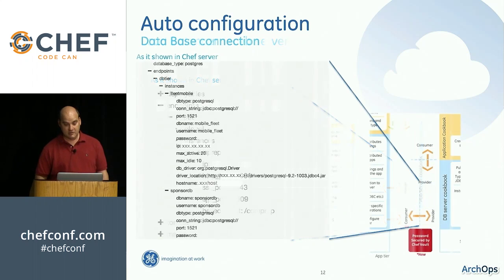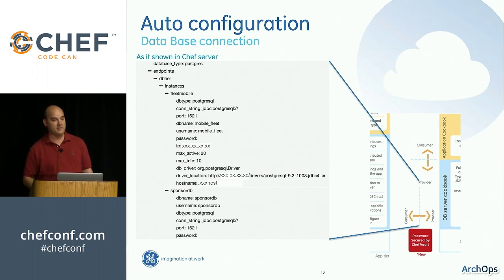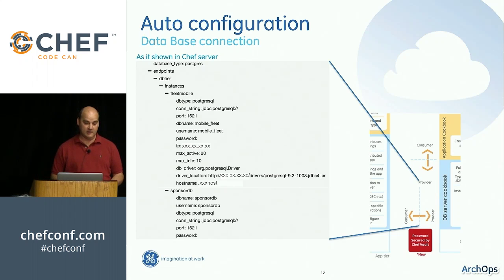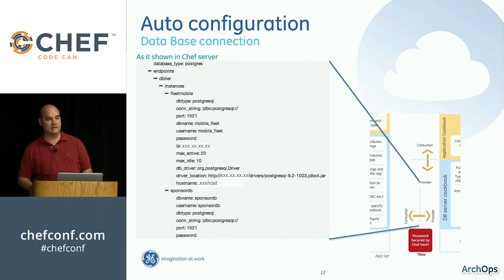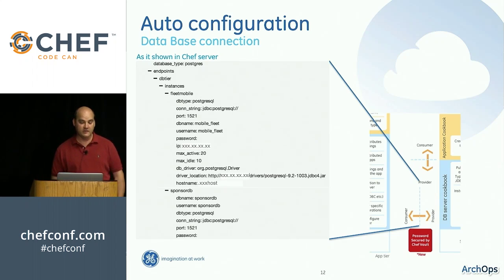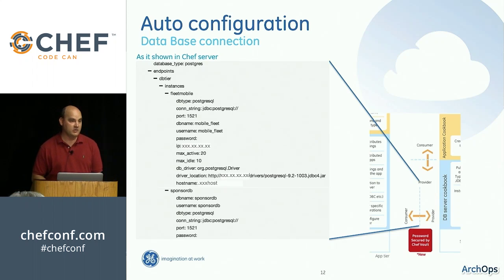The next example shows the same thing, how it happens on the database side. When we have a database server, the database introduces itself again as an endpoint, and under the endpoint we introduce the server itself as a DB tier. So when you do the search, it's really easy to do whenever you run that code in the application tier or the web tier, and then find all of the necessary information